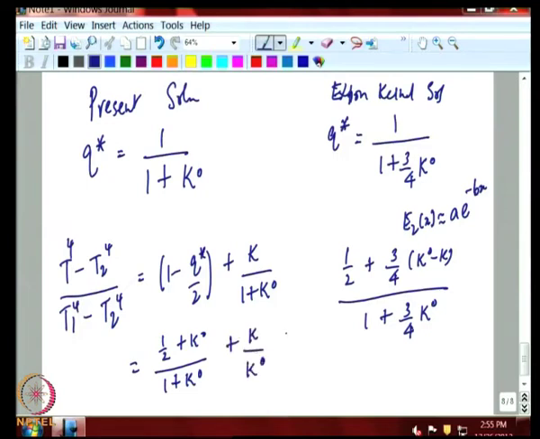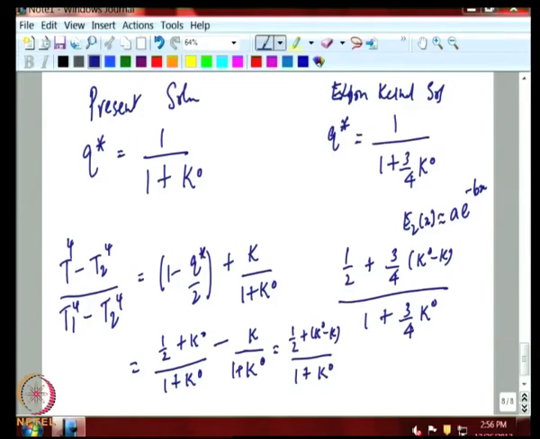If you want, you can 1 plus kappa, I am sorry. So, you can slightly rearrange it to make it look very close to the other result, but by and large the results are not very different. Actually, there should be some minus sign. So, actually I can write this as half in plus kappa naught minus kappa by 1 plus kappa naught.